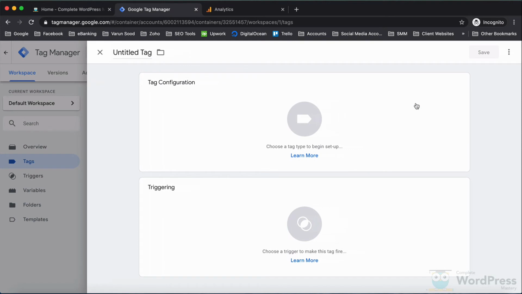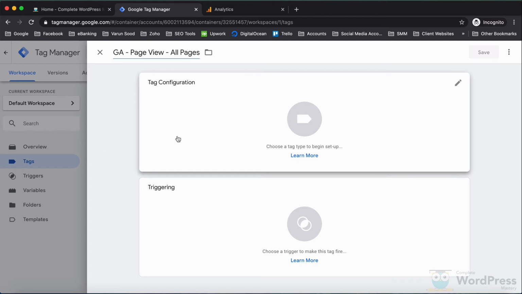First of all, we need to specify a name for the tag. You can write anything you feel is relevant for you. I tend to follow a convention while naming my tags. I'll start with the name of the service, which is Google Analytics or GA in this case. Then I mention the type of tracking I want to do using this tag, which is page view in this case. In the end, I specify the trigger used to fire the tag. Such a naming convention tells me instantly what a tag does just by looking at the name of the tag.